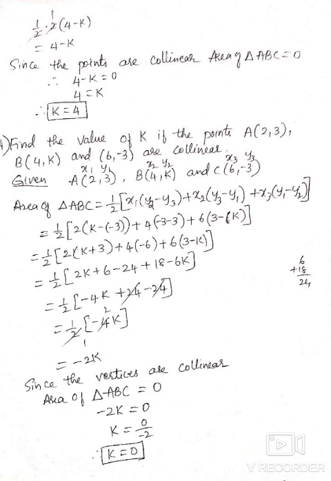So now in this class we discussed the main thing: how to solve the area of a rhombus using the formula, half into the product of its diagonals. Area of rhombus equals half into product of its diagonals. So here we used the distance formula. Then afterwards we discussed the area of a triangle and we solved problems on the area of a triangle. And also we solved for the value of k when the vertices are collinear.